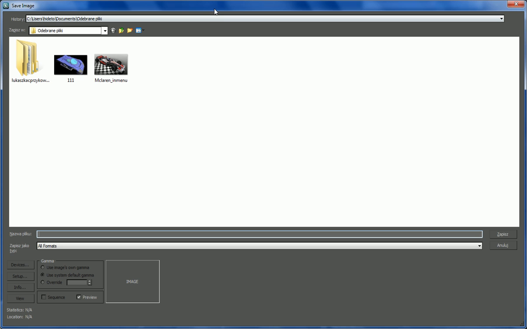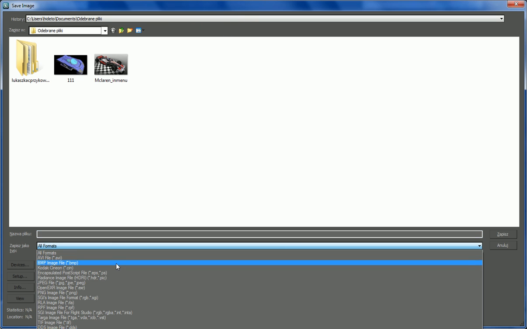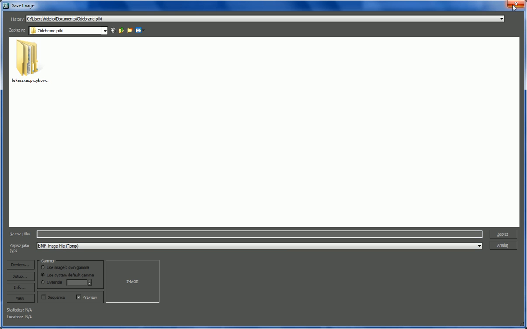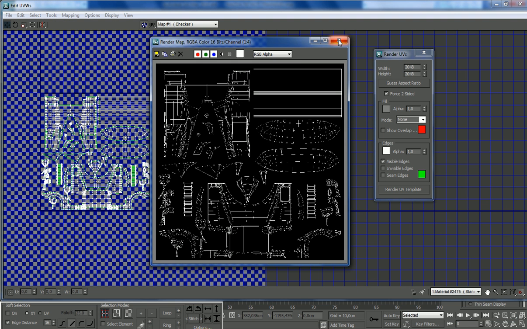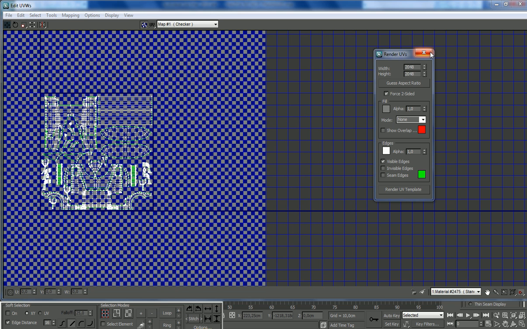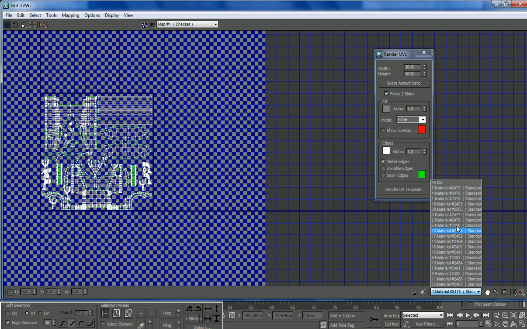floppy disk, and you just save the file as a bitmap wherever you want. It doesn't matter where you save them. I suggest keeping order in the file naming, so later on when you create PSD files with the templates, it will be easier to move around and find the files you need. That's all about